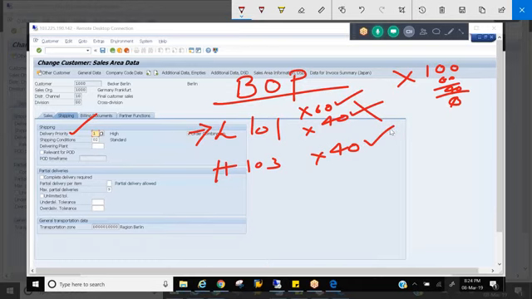So what is the sort sequence to decide who is high priority or who is low priority, and to whom it should be confirmed, to whom it should not be confirmed? That is through backorder processing. So this sort sequence helps decide who is a high priority customer, who is a low priority customer, for whom we need to cancel, to whom we need to confirm.